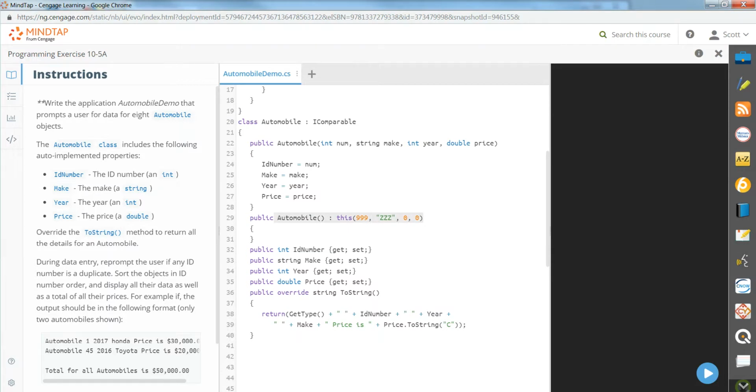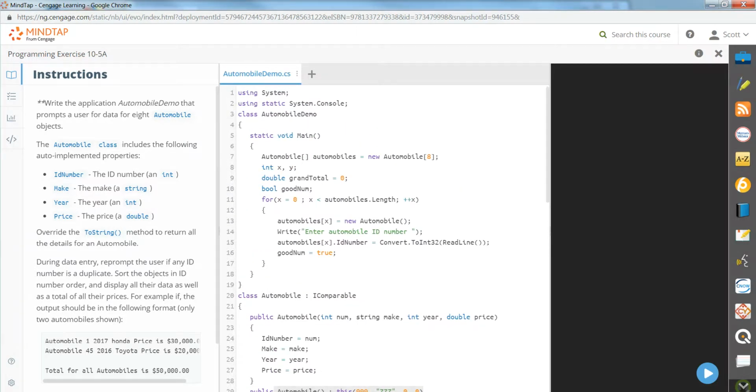That'll be this one. And then we say go ahead and enter an automobile ID number. We convert that value and assign it to an attribute for that first automobile object. So that number is good,